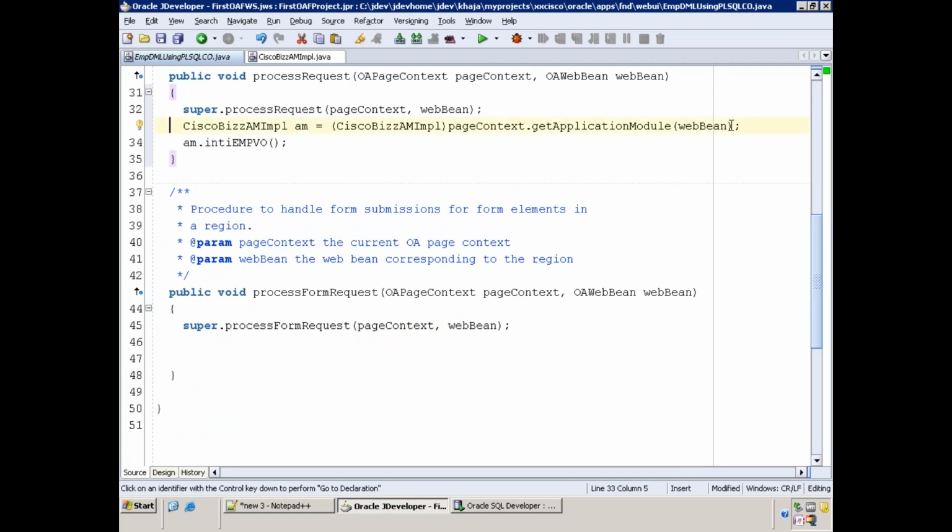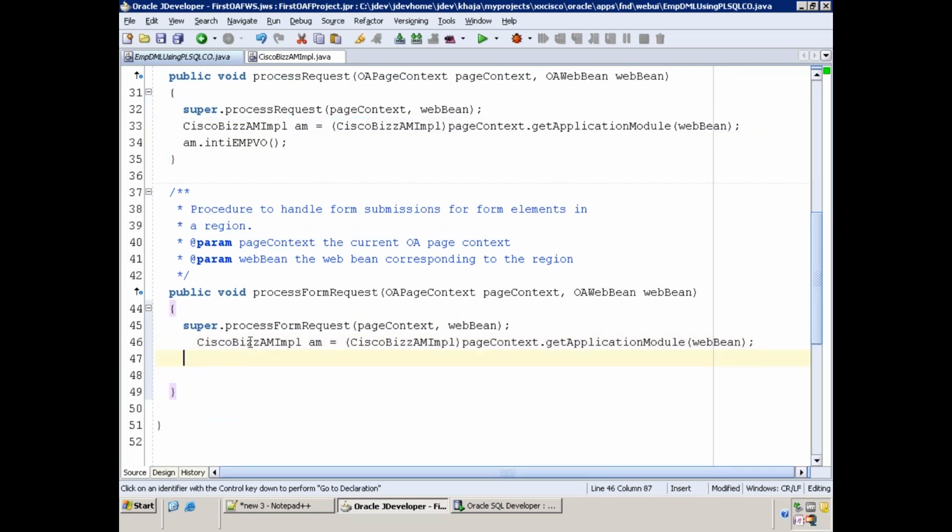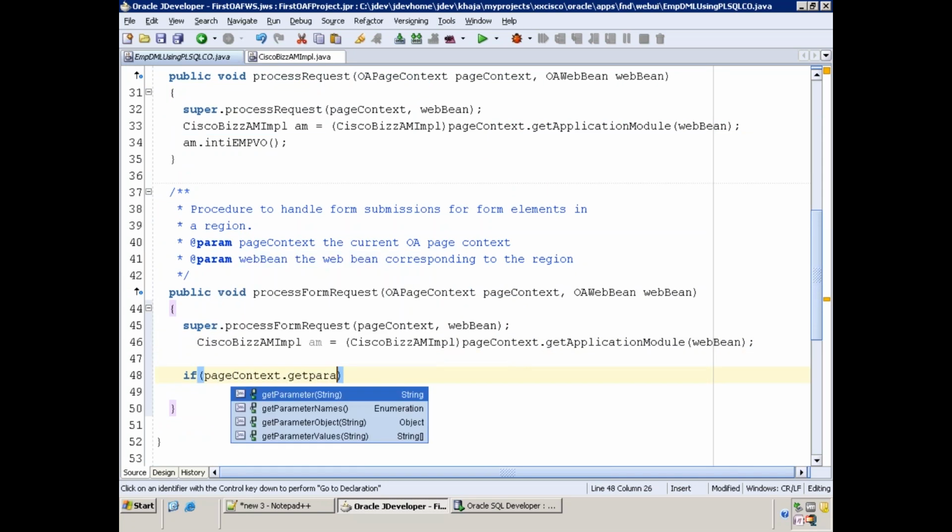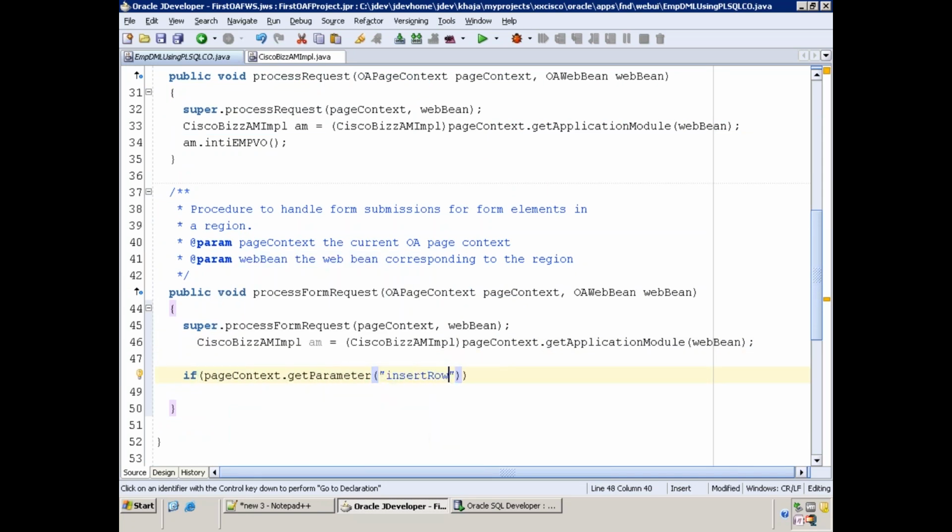Now let's call this one: if page context dot insert row, simply call the insert EMP row.